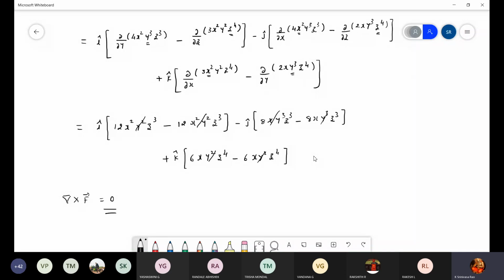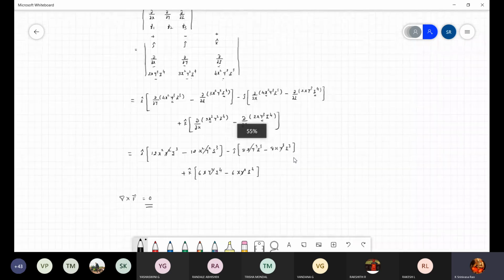Okay, 0 is nothing but a vector only. 0 i cap plus 0 j cap plus 0 k cap, you can write either plus or minus, whatever. Because it is 0, we will write that it is also a vector only. And we have a meaning for this. If the answer comes 0, particularly if divergence and curl come 0, it has a different meaning and application, and that we will solve in another problem. The same problem will repeat in the next concept. Okay. Tito, did you understand how to calculate divergence and curl? Yes, sir. Okay, I'll take the next problem.